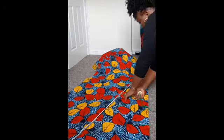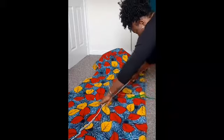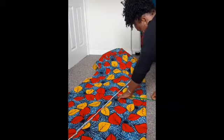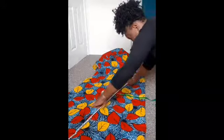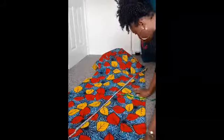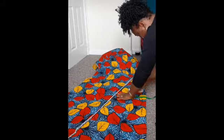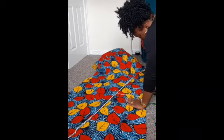So for this tutorial video, for the flared dress, we need 3 yards. I'm going to be folding to the sides, not full flare, triangular flare, because if you want it very full, then you use more than 3 yards. But I feel when you cut it so full, it makes one look a bit clumsy, especially if it's Ankara